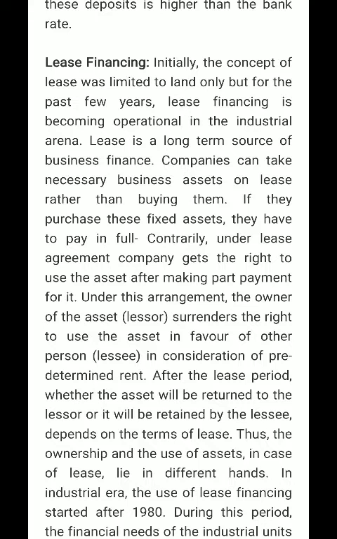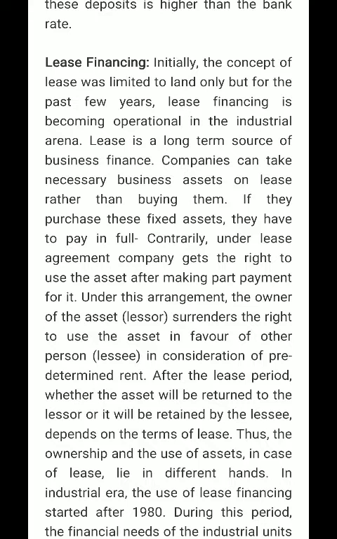Lease is a long-term source of business finance. Companies can take the necessary business assets on lease rather than buying them. क्योंकि देखिए अगर वो बाई करती है तो उसको ज़्यादा पैसा लगेगा और अगर लीज पे लेती है तो उसको कम वैल्यू में काम हो गया। तो कंपनी क्यों चाहेगी कि वो खरीद ले, वो चाहेगी कि वो लीज पे ही ले ले।